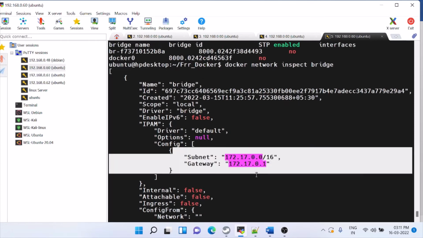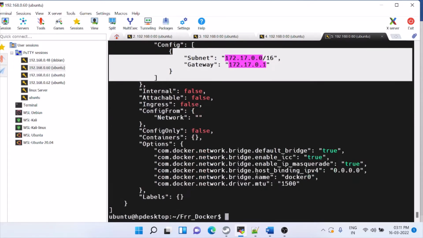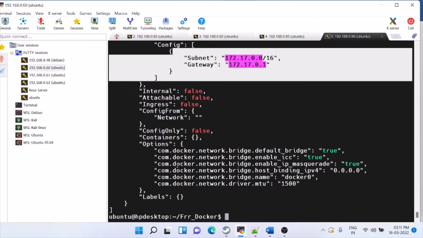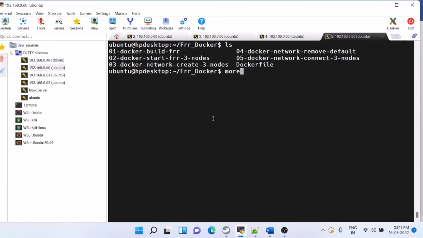The only gateway is there, all other IPs are removed. So now we are ready to make this setup. The first thing we need to do is create a driver, the bridge driver. So for that the command is